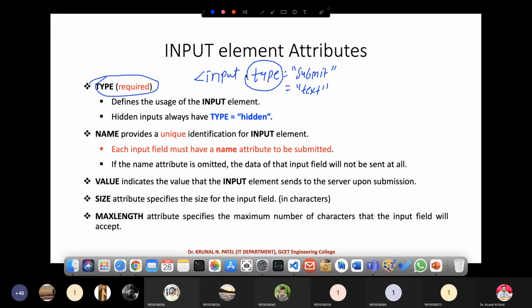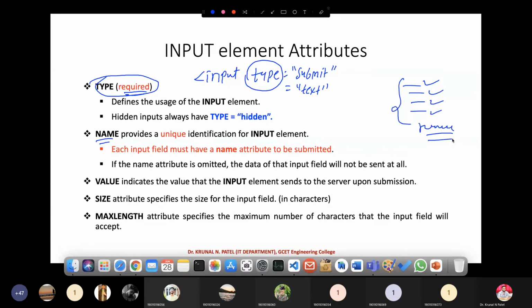Type attribute is a required attribute. That's why I have written required over here. Name is again an important parameter. Suppose I have 1, 2, 3, 4 buttons or text boxes. How can I define this is first name, this is last name, etc.? For that, you can define a name.